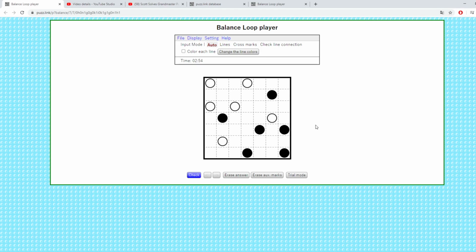The puzzle we're going to look at today, which is June 1st, is today's balance loop puzzle, which is by Murat Tonta, who's a pretty prolific puzzle creator. And let's talk about the rules of a balance loop. So the way a balance loop works is your job is to create a loop. You have to go through all of the circles, but you do not have to go through all of the